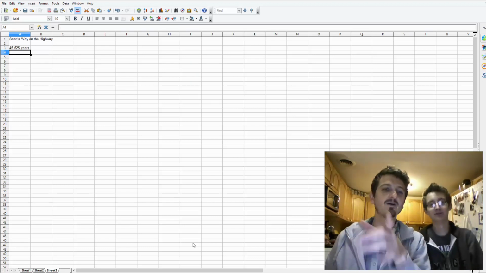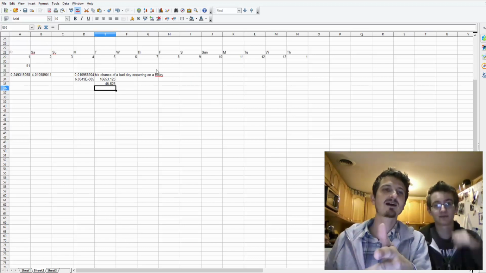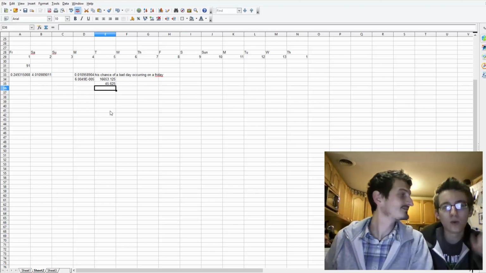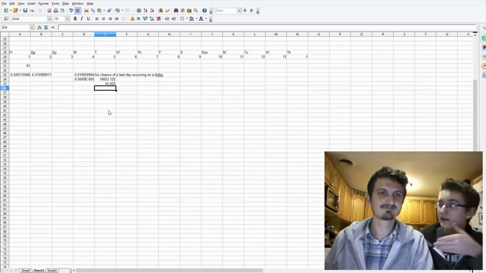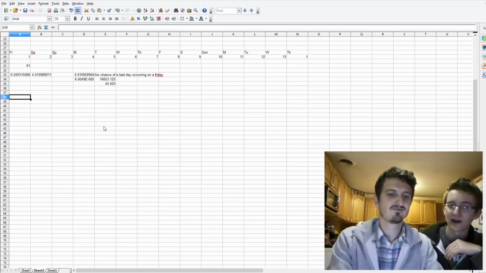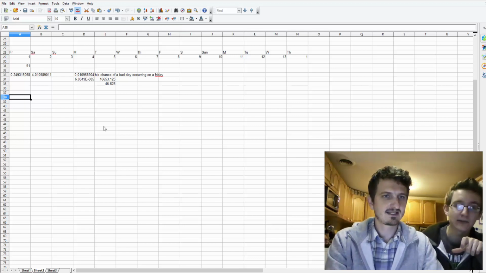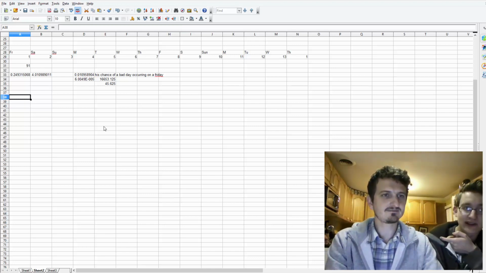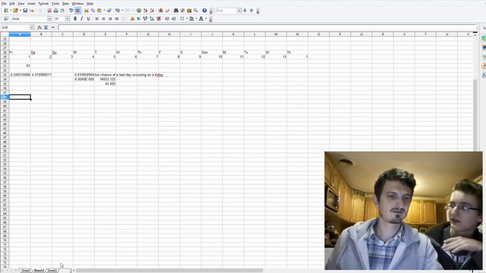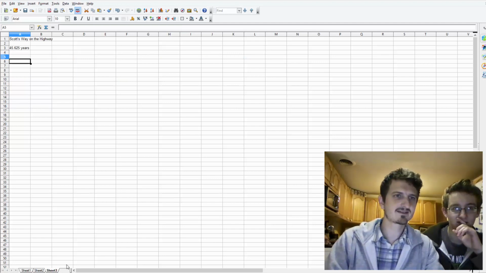No, seriously though, please help us out with this problem, or think of a way you could solve this simpler. What we need to do is, ideally, we'd like to put in a specific date and have the amount of years pop up where the next Friday the 13th happens. Now we could do this manually, like go forward 13 years, which is 14 years, which is the right answer. Here's how we might set it up.